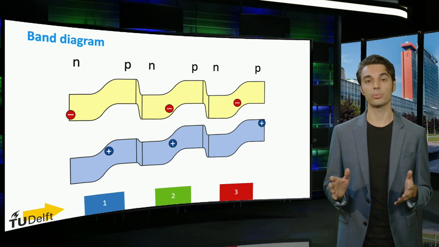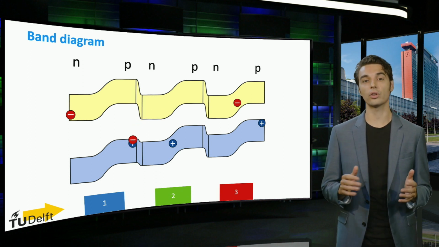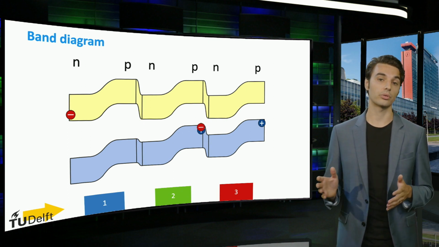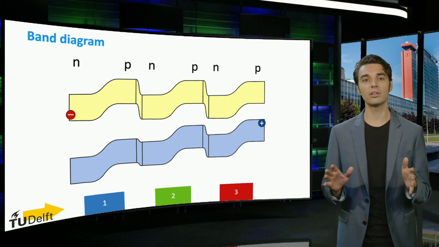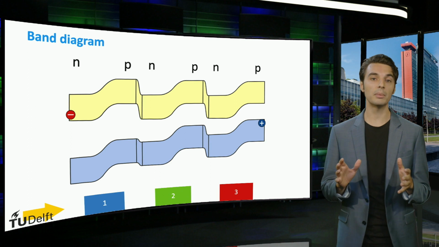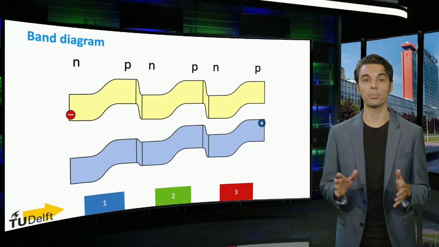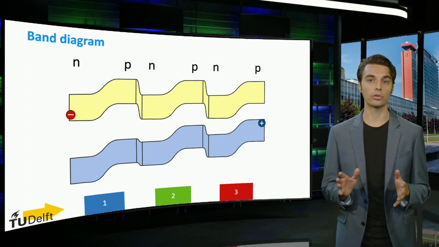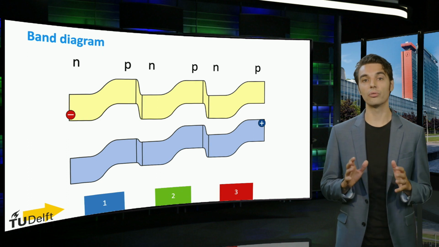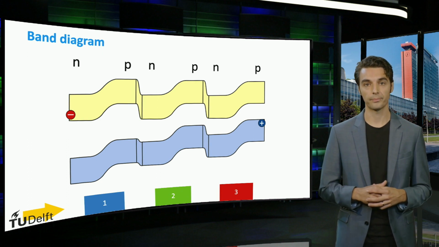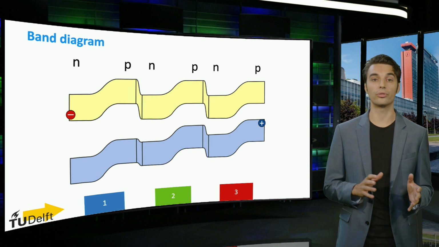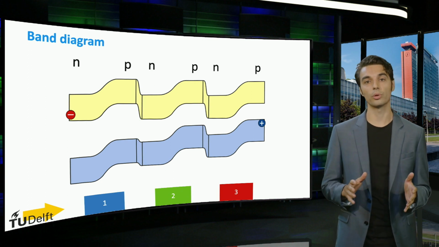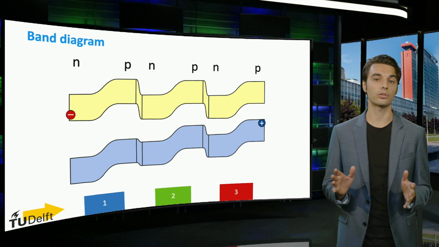Holes generated in the bottom cell are collected at the back side of the device. The holes generated in the top cell and the electrons of the middle cell recombine at the first tunnel recombination junction. The holes of the middle cell and the electrons of the bottom cell recombine at the second tunneling junction. Indeed, in this series connected type of multi-junction solar cells, only the minority charge carriers of the top and bottom cell are used to power a load in an external circuit. These series connected multi-junction cells are also referred to as two-terminal multi-junctions and are the conventional configuration for multi-junctions. Some more exotic device architectures include 3 or 4 terminals, but these architectures are not very common. More information about 4-terminal multi-junction devices can be found in the second course of our MicroMasters program on solar energy engineering.